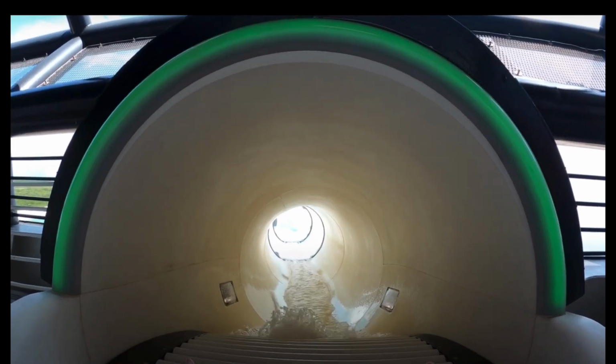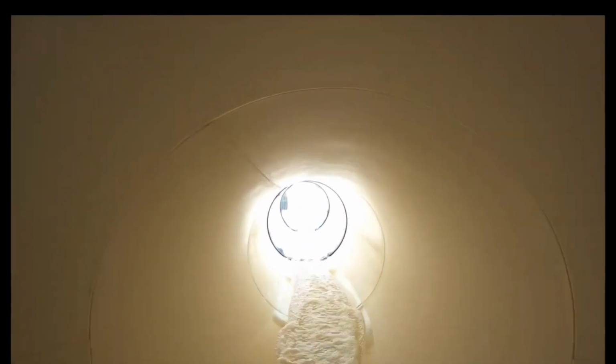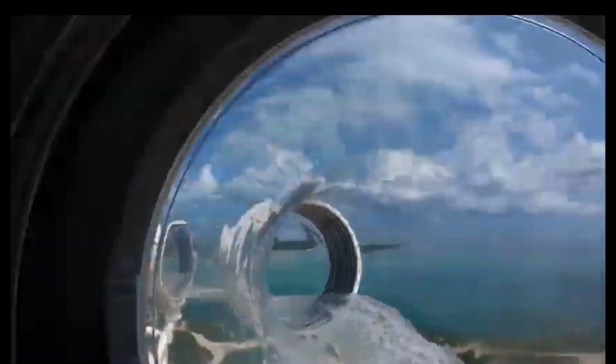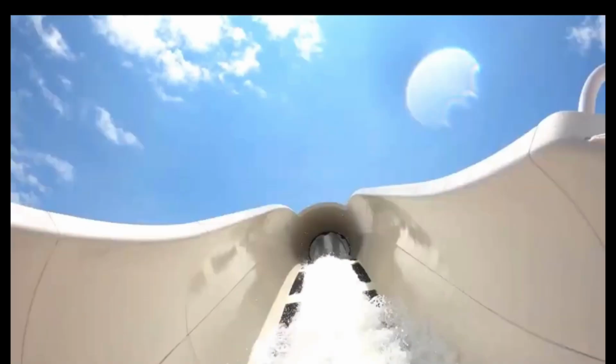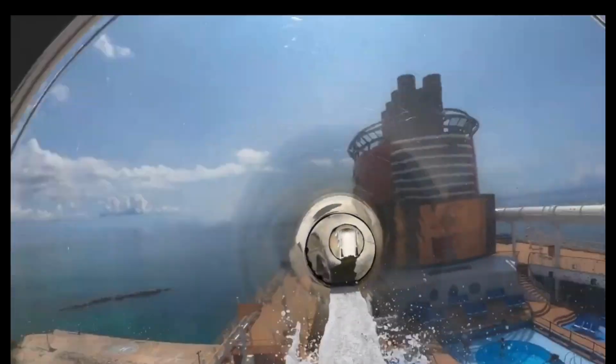The Aquaduck, aboard Disney Dream and Disney Fantasy, shows a hilarious story while at the same time thrilling guests. This was the first aqua coaster at sea, where 2 riders can experience the ride at the same time. Starting in the funnel, riders make their way in a clear tube over the water in a 2-person raft, and